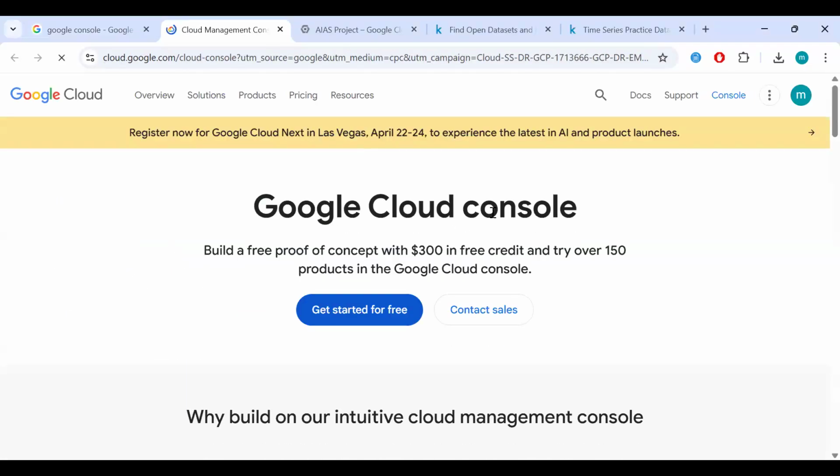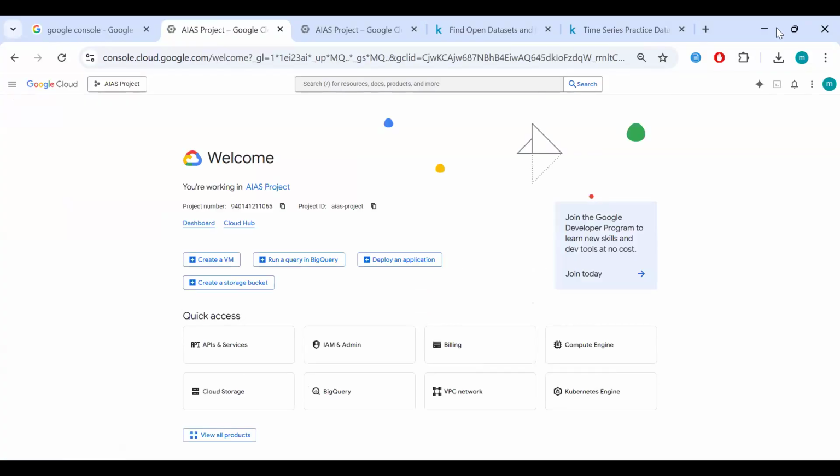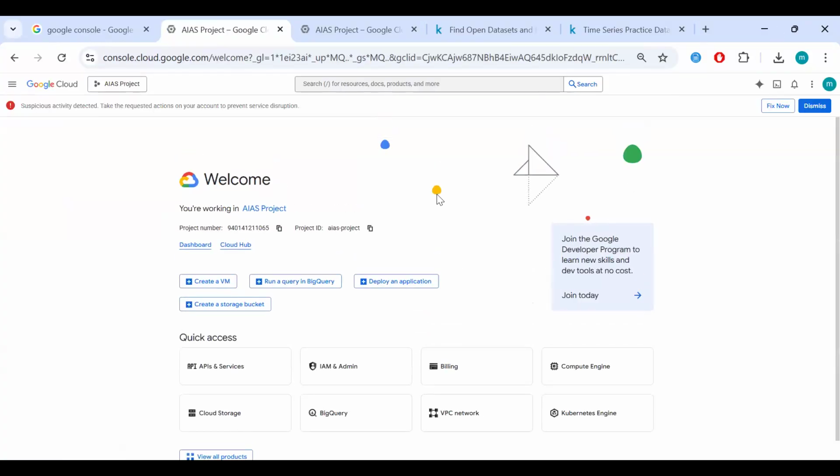This is where you sign in and create your profile, and for every signup you get $300 free working credit. This allows us to experiment on their platform without having to pay the bills that come with it. So this is just free credit we can use. Once you sign in and create your credentials, you click on the console, right at the top of the screen, and then here we are. This is the Google Cloud console.